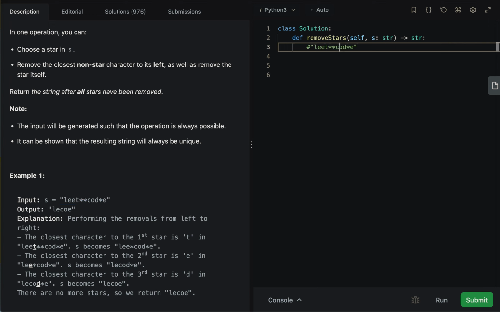So for this star, I can get rid of T. For this star, I can delete the star and E. And for this star, you can delete the star and D. If you see what I did, it pretty much indicates a stack, right? So how we'll solve this is